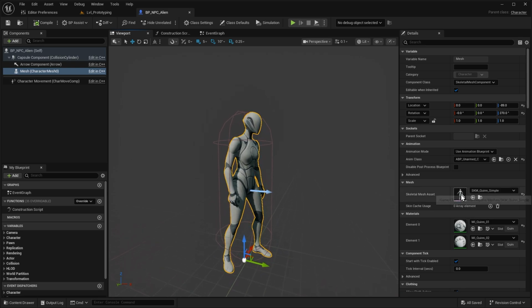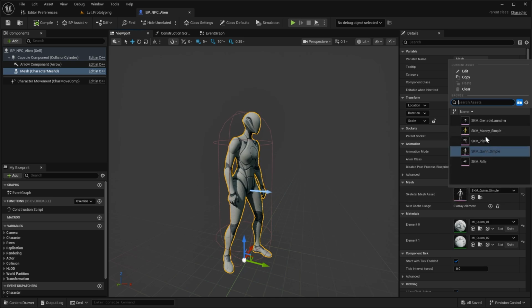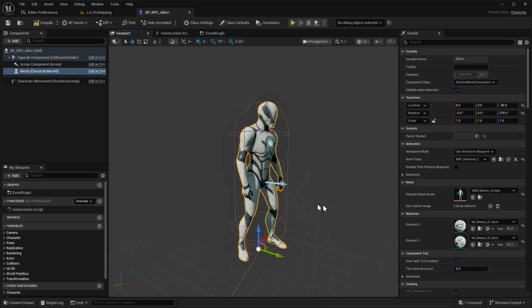And then I'm going to use the Mani mesh. So we'll go over here to the skeletal mesh asset, click the drop down, and we will use SKM Mani Simple. And then finally, just keeping in line with the alien's color theme, I'm going to change his color material